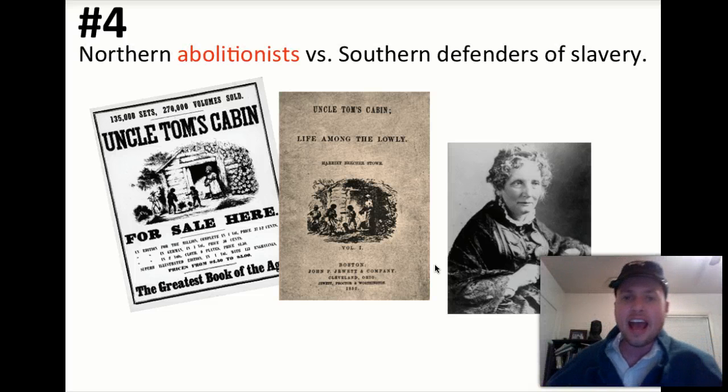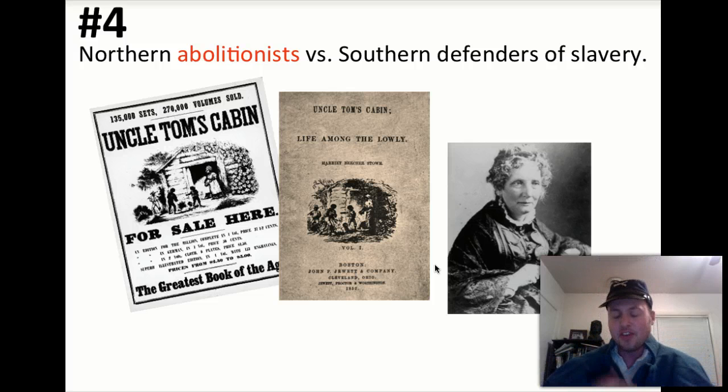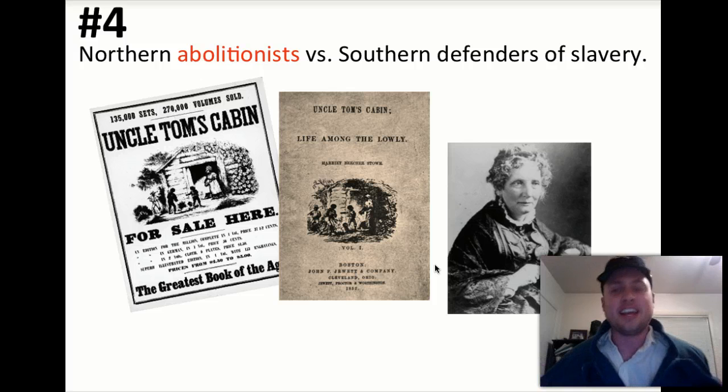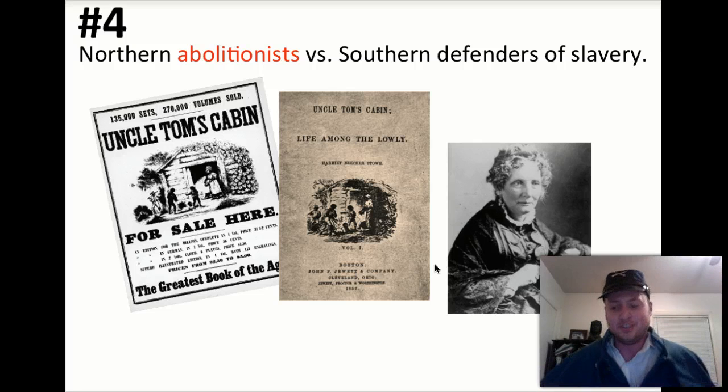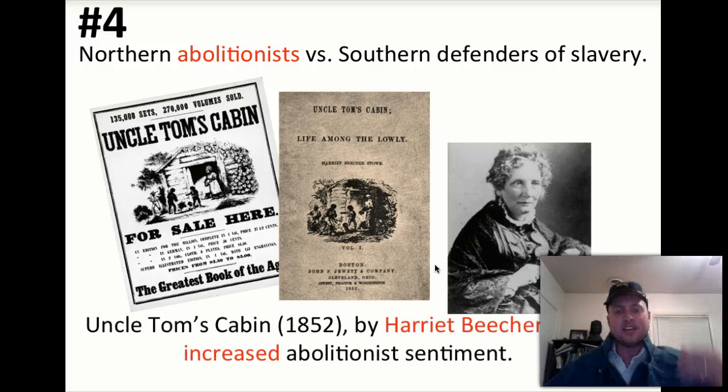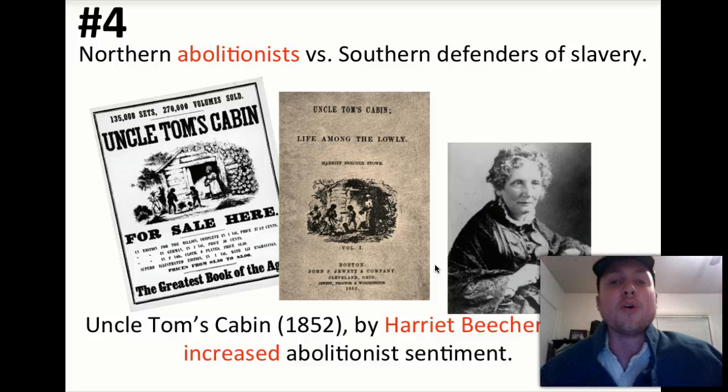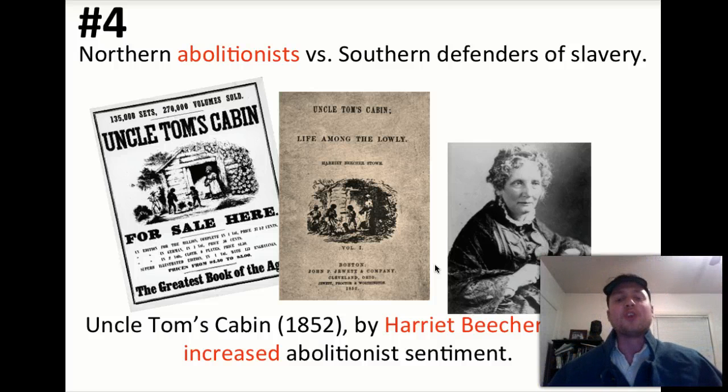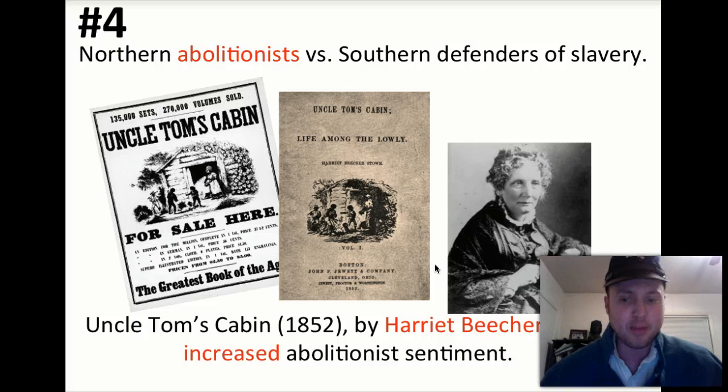Also, Northern abolitionists fought with Southern defenders of slavery. Southern defenders of slavery started arguing that, well, slavery is actually a good thing. It's a good thing for society. It's a good thing for these slaves. Well, Northern abolitionists say, my God, are you crazy? Look at how perverse and bizarre and awful slavery is. The most special book about this would be Uncle Tom's Cabin in 1852, written by Harriet Beecher Stowe. It's incorrect on this PowerPoint. It's Stowe,